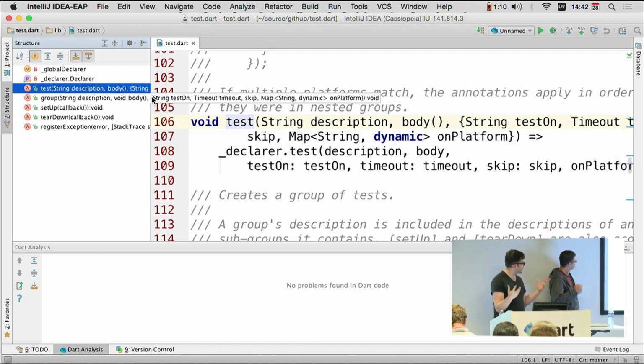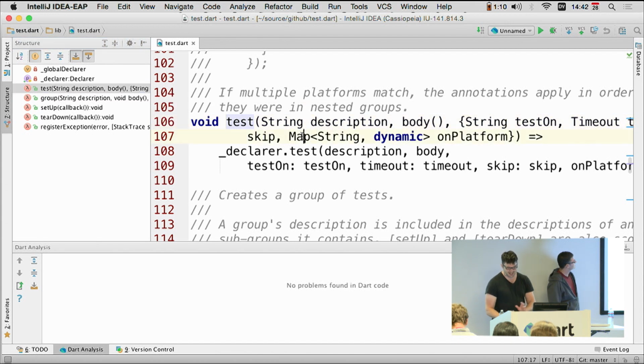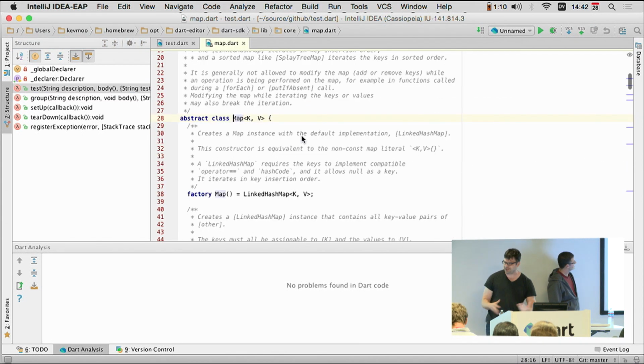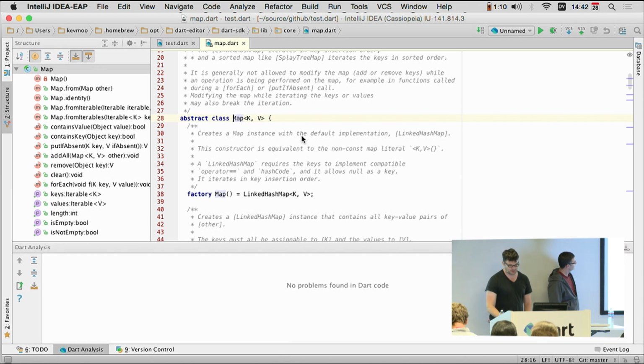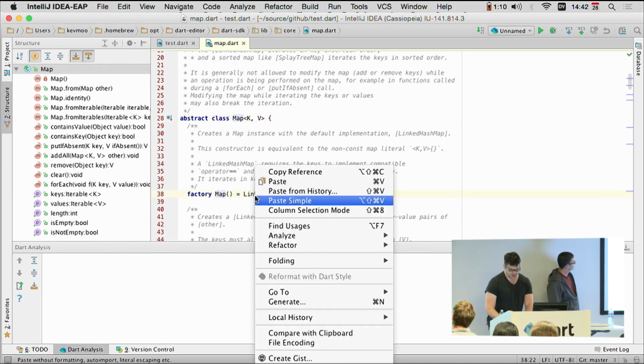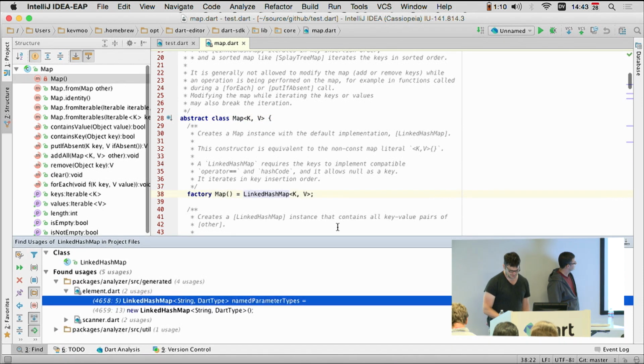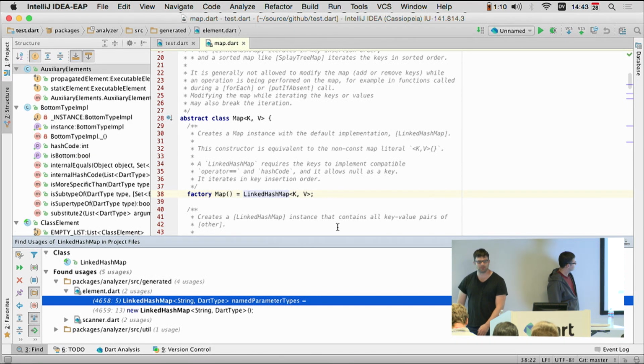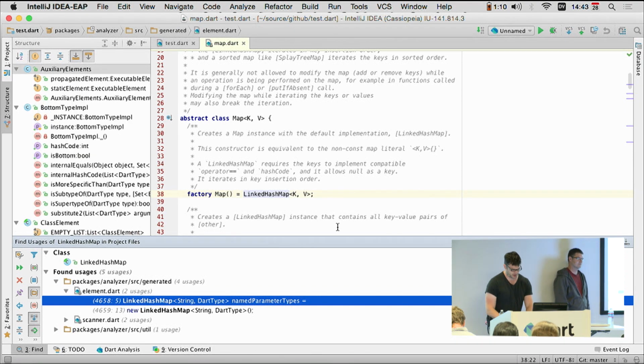And obviously on the IntelliJ side, I can do things like Command B to go to the definition of map, and I can go read the map definition. So it's really easy to figure things out. I can say who uses linked map directly and go find usages and get a very quick dump out of all the usages. So the IDE experience is really great.